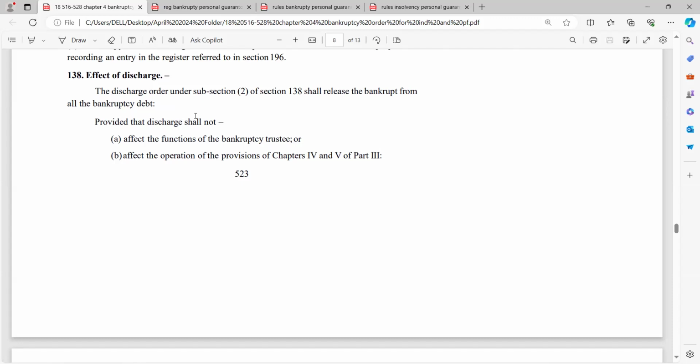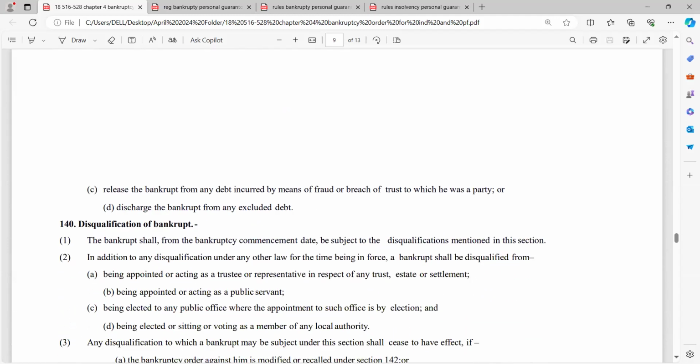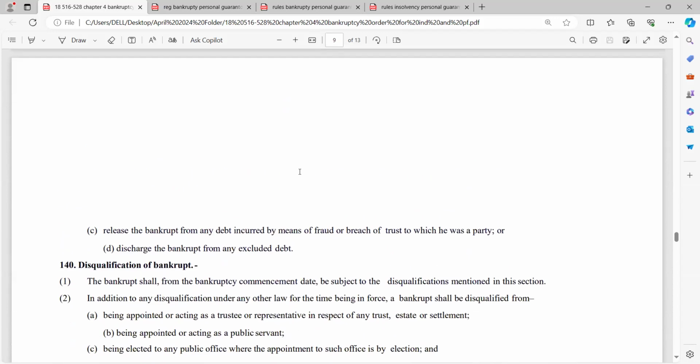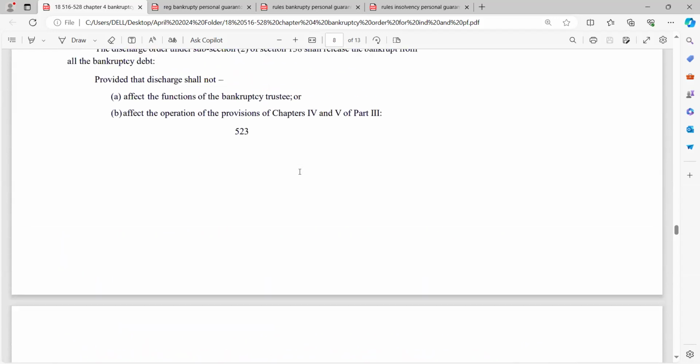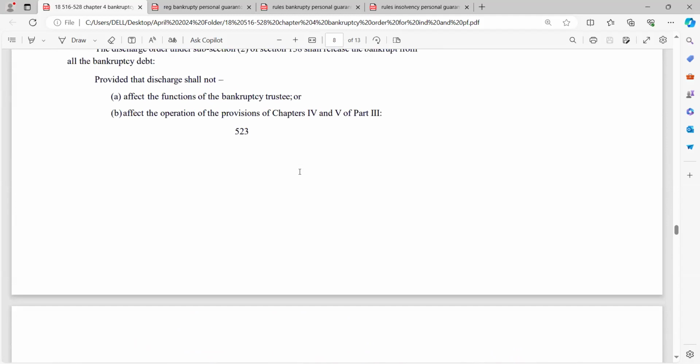provided that the discharge shall not affect the operations of the provisions of chapter 4 and 5 of part 3। Release the bankrupt from any debt incurred by means of fraud or breach of trust। ठीक है, अगर ये फ्रॉड या ये ब्रीच ऑफ ट्रस्ट प्रूव हो जाता है तो उससे नहीं होगा डिस्चार्ज। ठीक है, डिस्चार्ज द बैंकरप्ट फ्रॉम एनी एक्सक्लूडेड डेट, एक्सक्लूडेड डेट से भी नहीं डिस्चार्ज होगा। ठीक है ना, तो ये वाले डेट बाकी रह जाएंगे डिस्चार्ज ऑर्डर इशू होने के बाद भी। एक्सक्लूडेड डेट उसको देने हैं, अगर कोई फ्रॉड से ले रखा वो देना है। ठीक है, ये है।